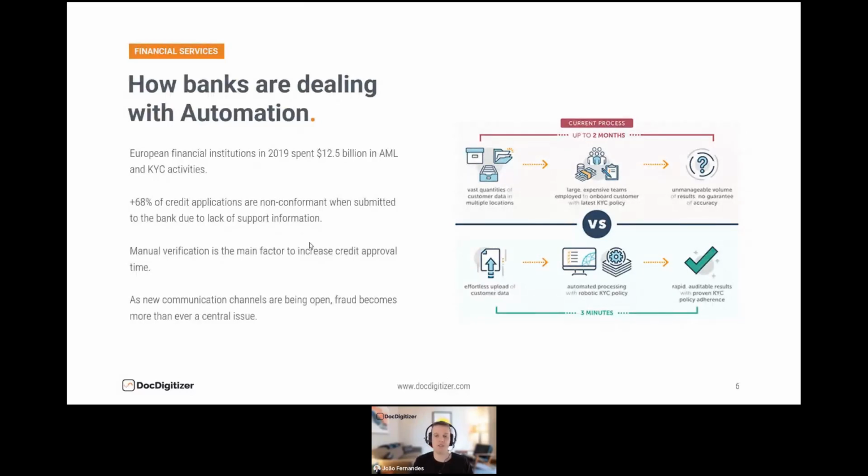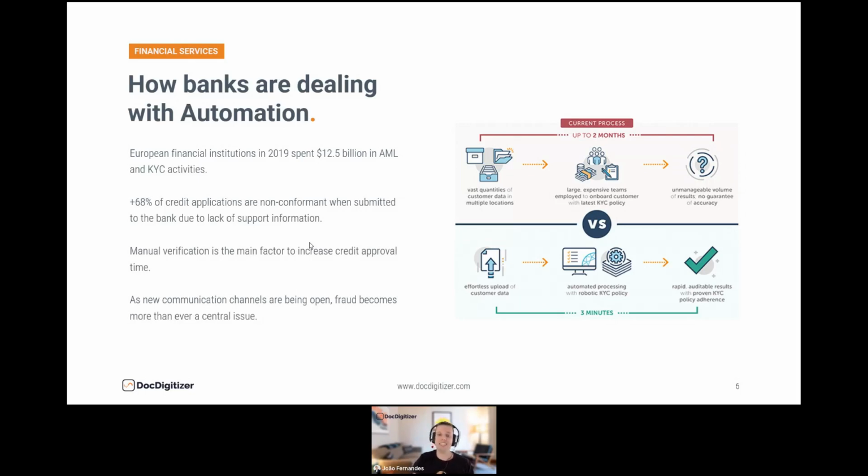When you are subscribing to any type of financial product, from a bank account to a loan, the banks are required to do a due diligence process over you as a client. And this is essentially to gather evidence about your identity, your income, your address, your taxes. And this is the reason why they ask you to submit a lot of different information about yourself.